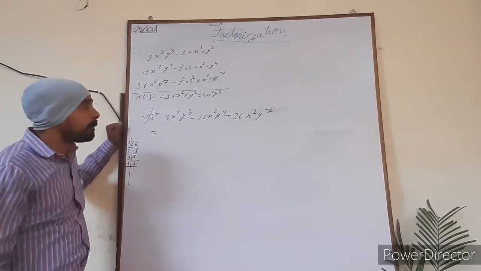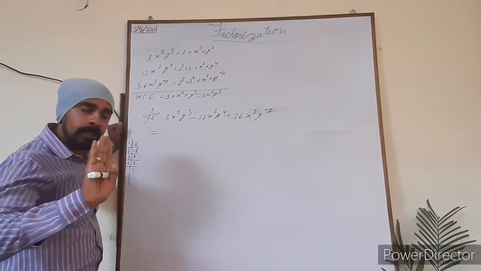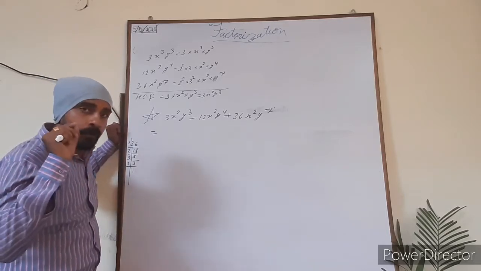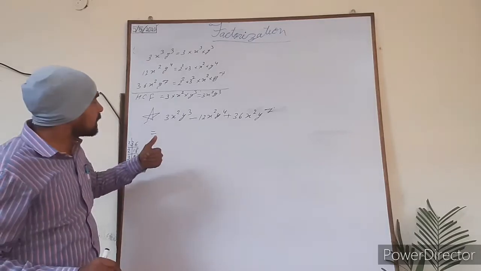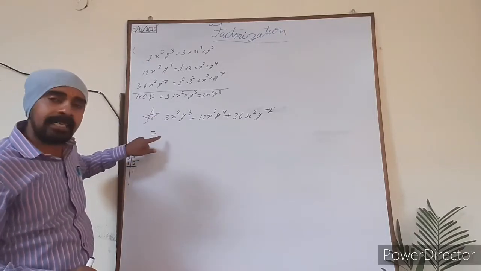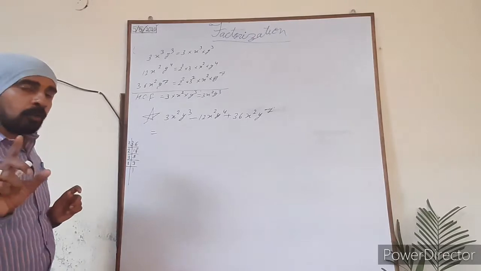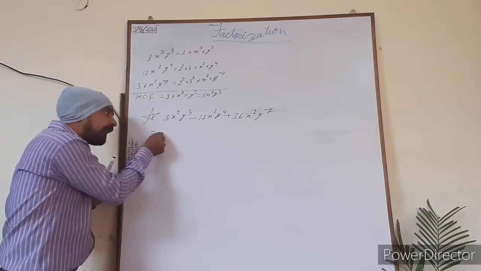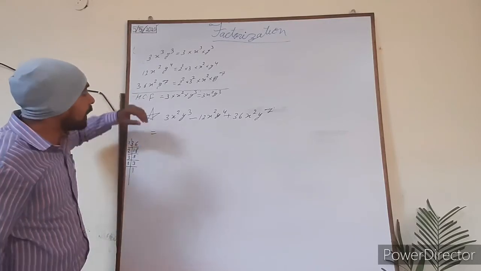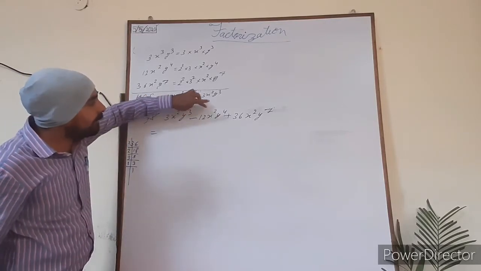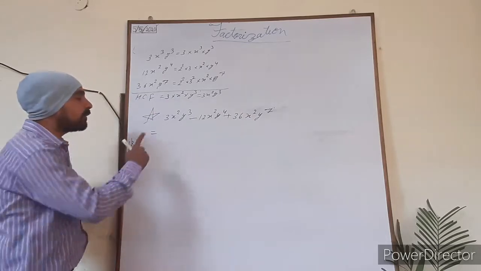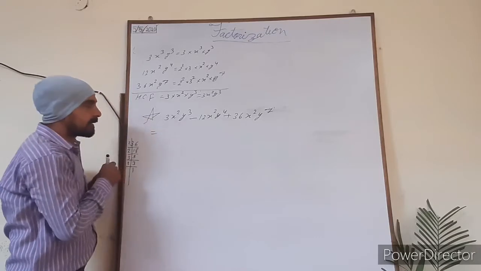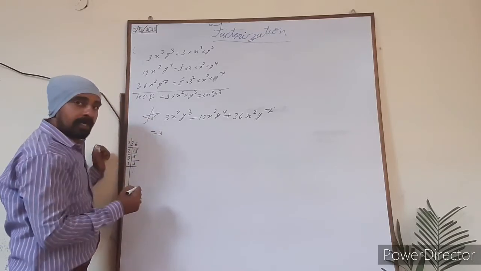So what we have to do, very first we will focus on the number, then on the first variable, then on the second variable, and we have to see one more thing: what is the sign of the first term. So here is a plus sign, that's why plus will be taken here. There is no need to mention the plus sign, but it would be accepted. But if there is a minus sign, then we have to write down the minus one. Okay, so for 3, 12 and 36, the HCF is 3, because 3 is the number that can divide this 3, this 12 and this 36. So 3 has been taken.